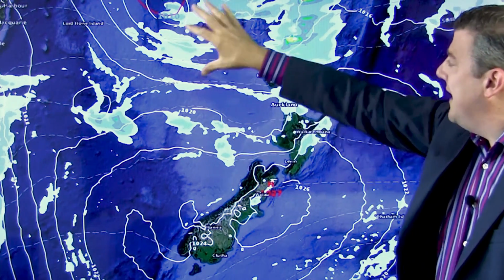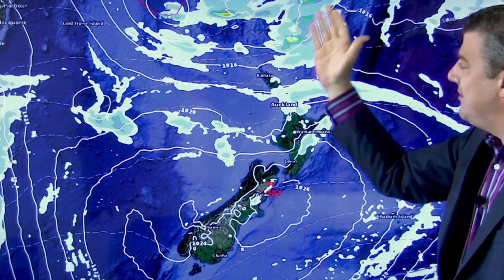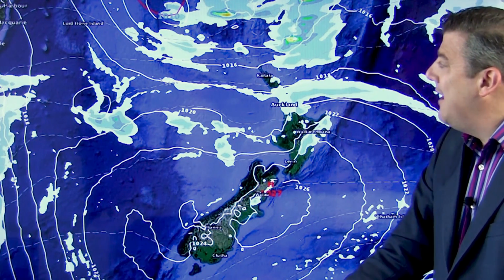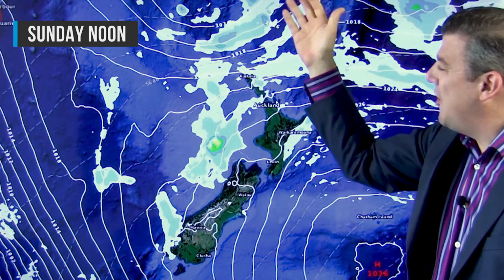There's still a weak low up there, but it is a very, very weak one. No gales, no big storm surge. It's just this humid weather that we're tracking. So you can see the east to northeast winds there on Saturday. By the time we reach Sunday, the remnants of Linda have sort of grown in size,